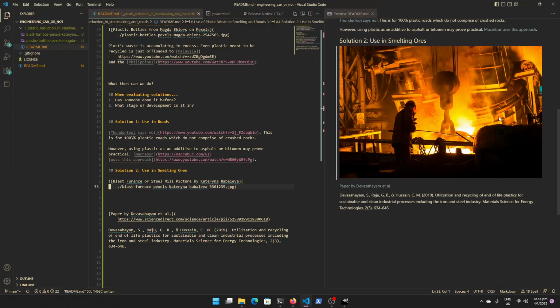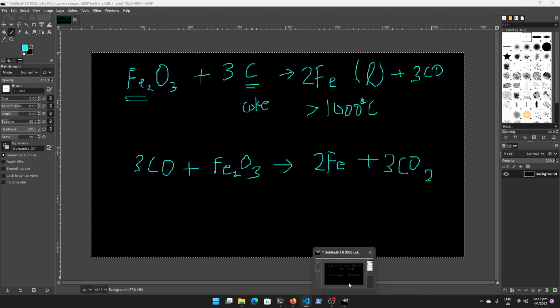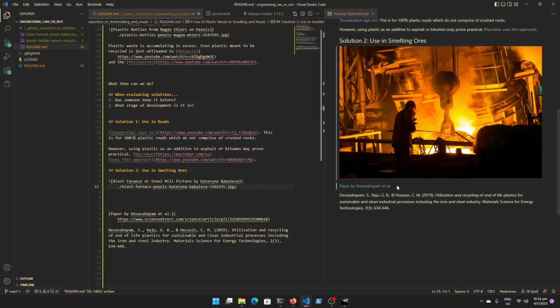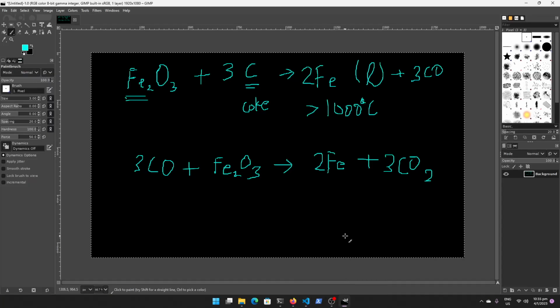So blast furnaces, I just got this picture from Pexels. Again, very royalty free picture, but thanks to, I don't know how to pronounce your name, I'm very sorry. But yes, thanks to your photos. Okay, no, this is the paper, hold on. The photo is by this person here. I do not know the name, so sorry, but yeah, you got this picture of a blast furnace,